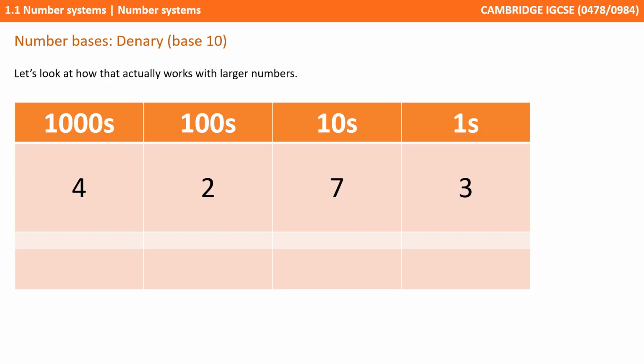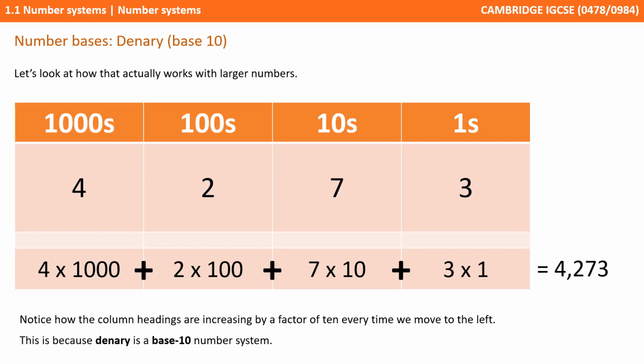If we take a bigger number now, so 4273, the exact same principle is applied. The column on the far left is our thousands column, so we have 4 times 1,000. We add that to the next column, which is 2 lots of 100. We add that to 7 lots of 10 and 3 lots of 1s, with 4,273. Now, of course, we don't perform that calculation in our head. When we see the number 4273, we are so used to it now that we simply read it straight out as